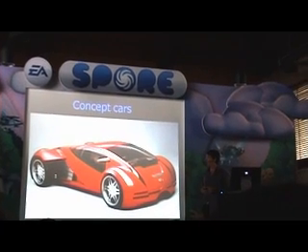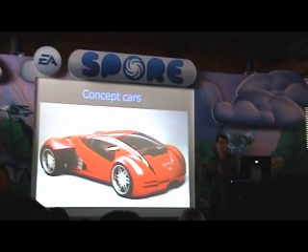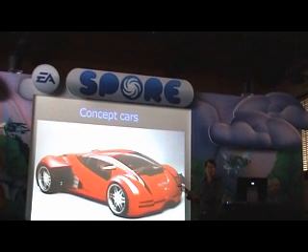Concept cars are actually interesting too because the automotive industry does a lot of design exploration, kind of absent of production constraints. They don't worry about how much this car costs to make, or whether it's really practical, but they explore